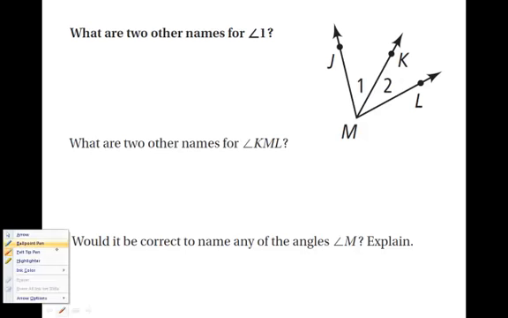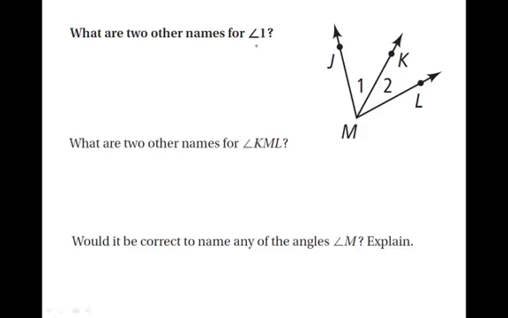So when we're talking about angles and we want to name them, we want to have two other names for angle 1. I wouldn't want to call this angle M. You might think, oh, I can call it angle M. Why not? Because couldn't angle M be just this angle right here? Couldn't it also be this part? Or couldn't it also be this whole thing? So I don't want to use the one-letter vertex name when there's some competition. I don't want to lead with the vertex; I want to sandwich it in the middle. Angle JMK or